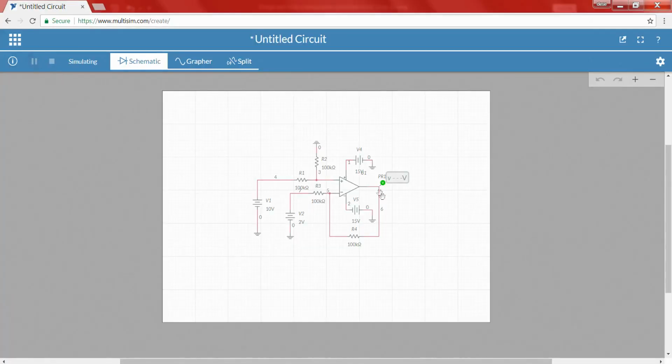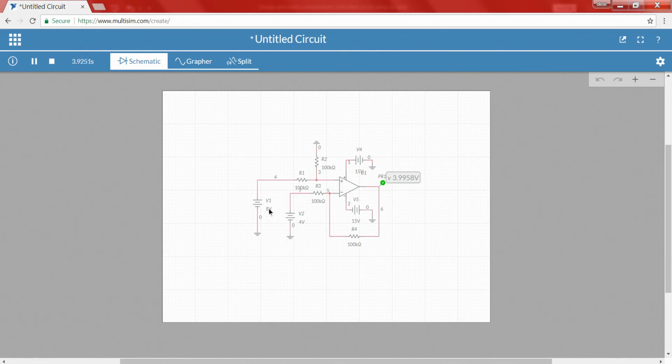Let me run it. When I run it, we get the output as 7.9958. When the input is 8 volts and this is 4 volts, what output are we getting? 3.995. That is approximately, almost close, because we always consider 3.99 as equivalent to 4. So it is also giving 4.